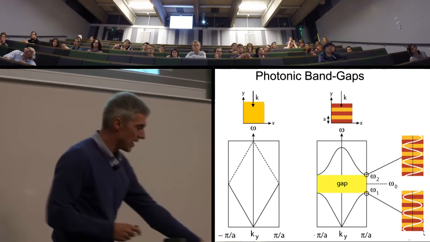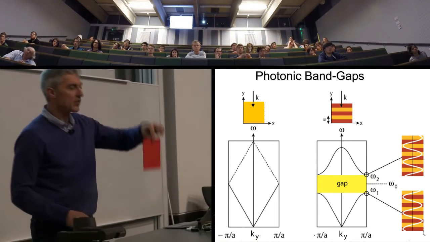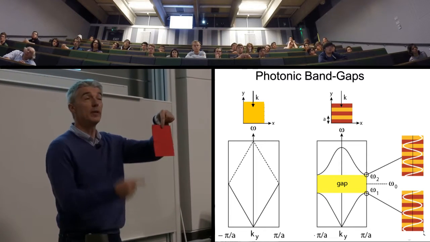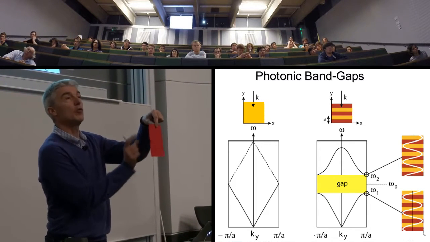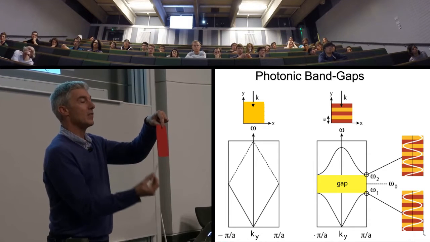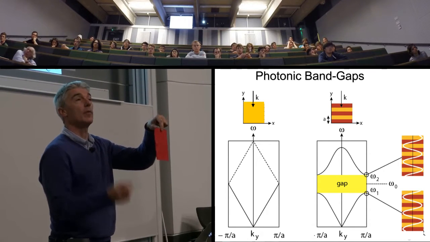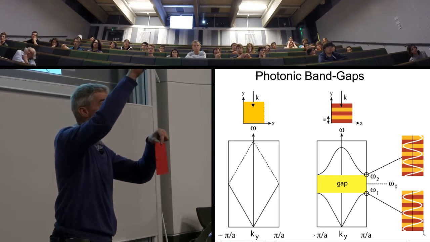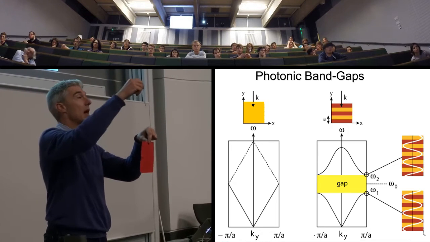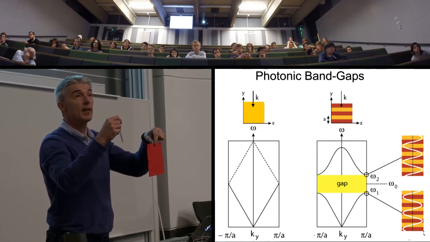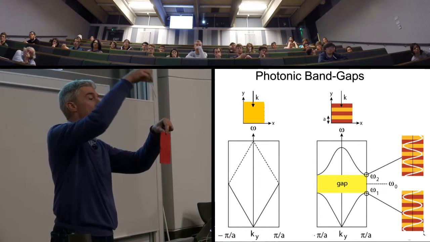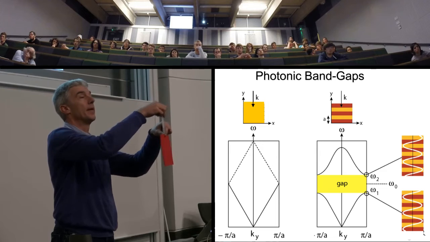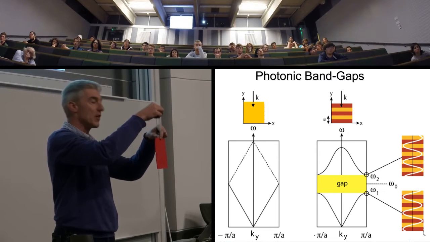What I have is a big slab of material. This material could be glass, it could be perspex, it could be a volume of water. And that is the Y direction, that's the X direction. What I'm going to do is I'm going to take some light, and this light has an indeterminate wave vector, which is related to its wavelength and hence its color, and I'm going to send it into this material here. Now what happens? Does it propagate?